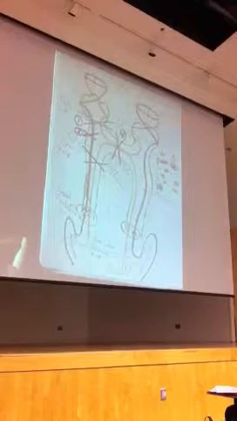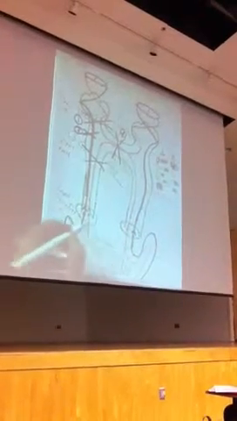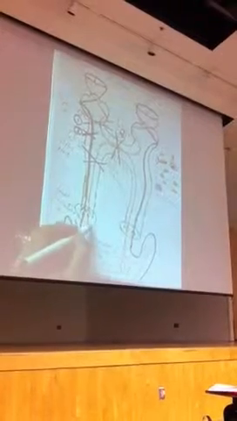Number 5. Number 5, if there is damage to the geniculocalcarine tract, here, for example,